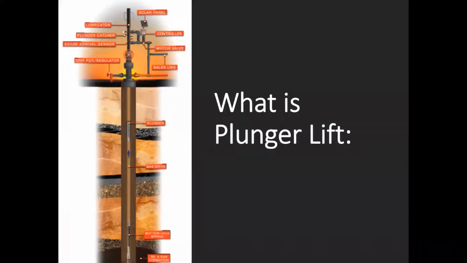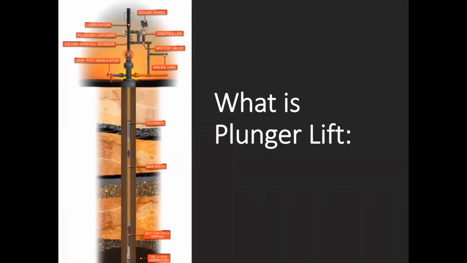So plunger lift consists of surface equipment, a plunger, and a bottom hole assembly, which is also known as a BHA. This visual is a well bore, shows a BHA set near the end of the production tubing, and the plunger traveling the entire tubing string above the BHA to the lubricator. The plunger is gas driven from the well and acts as a piston sealing the tubing bore and lifting hydrocarbons